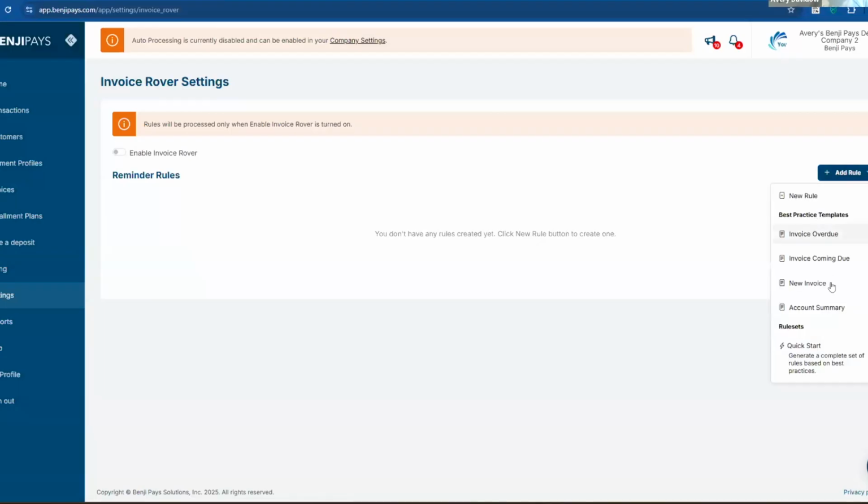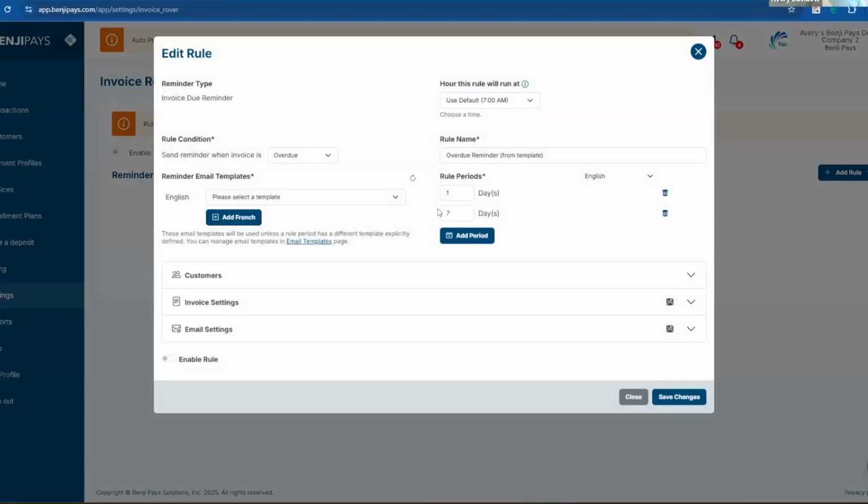So that's new invoice. We've got the account summary, which is that email that we just looked at in the customer's mailbox, which was a list of any of the unpaid invoices. And then we've got invoice coming due and invoice overdue rules.